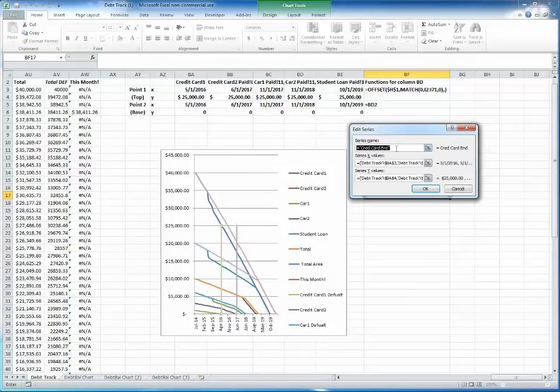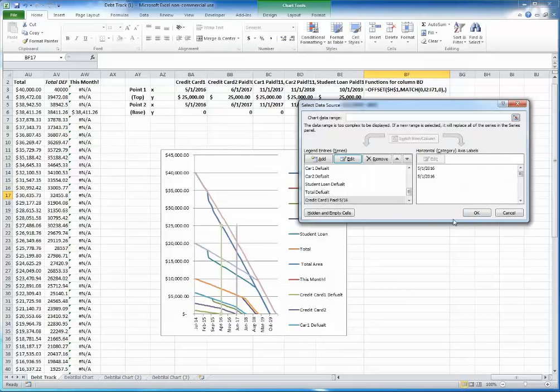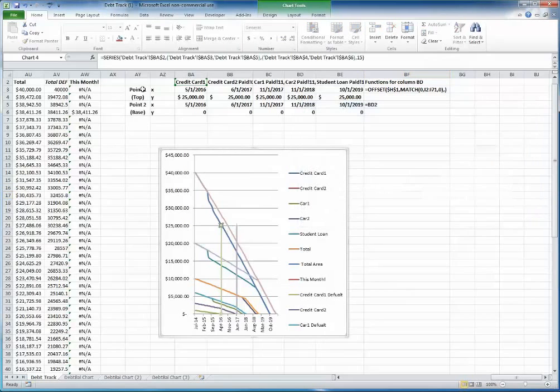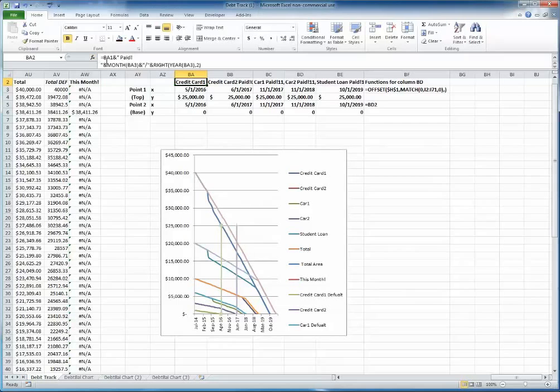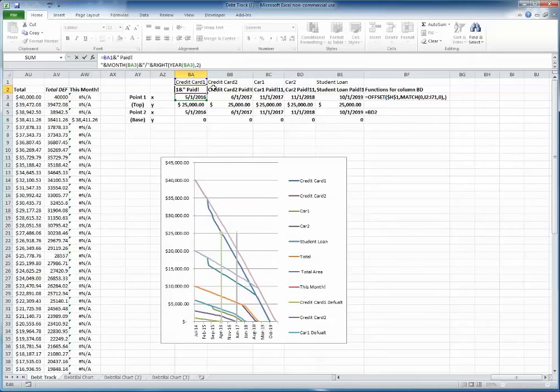But if instead I reference this cell, BA, then it'll say the series name is whatever I decide to call it right in this cell, which happens to be this formula, BA1, which is just the credit card, 1, and then ampersand, which is basically a concatenation of whatever follows it, double quotes, space, paid, exclamation mark, and then you hit Alt and then Enter in order to enter a new line instead of just entering what you typed in Excel, and then double quotes again,